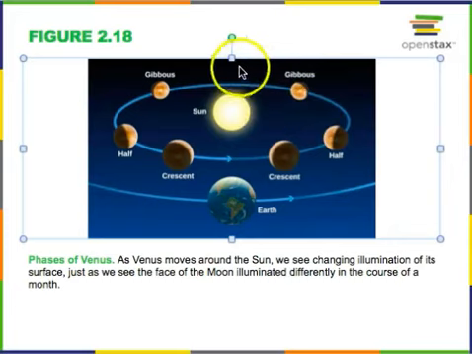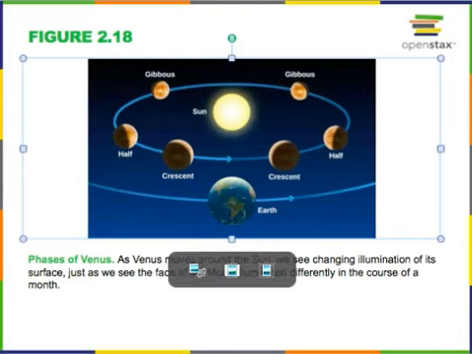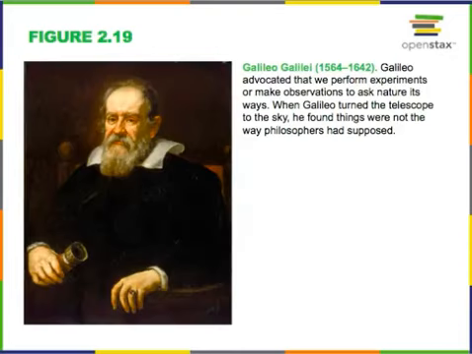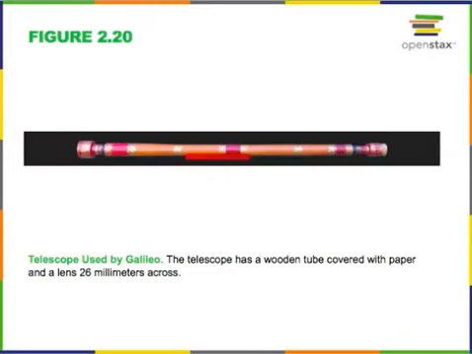As Venus goes around, when it's very far away, the sun illuminates the face of it that is easy for you to see from Earth. But as Venus goes between Earth and the sun, we actually have sight of the shadow side, and when it's right here, it's in the new phase, and we see the entire shadow portion of Venus. Only when it emerges from that position do we get to see the crescent phase, or a larger crescent phase, or a half phase, or the gibbous phase, or in fact a full. This is not possible in a geocentric universe, but it was not possible to even know that Venus exhibits phases without the use of a telescope, such as was done by Galileo, and his telescope was actually quite a simple instrument that he